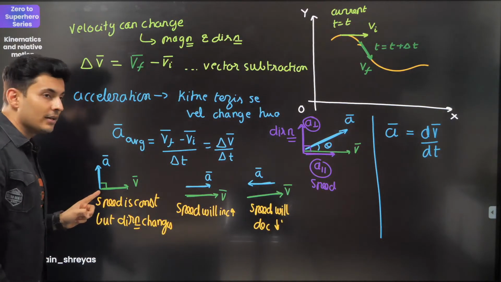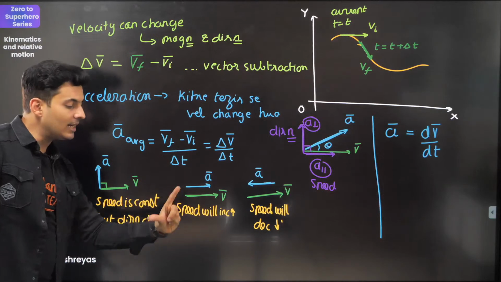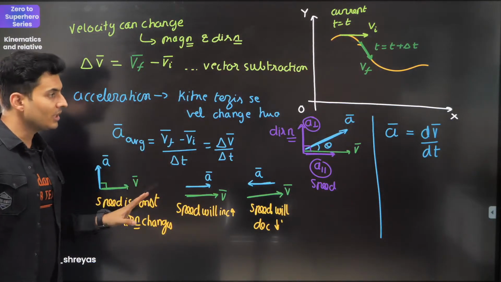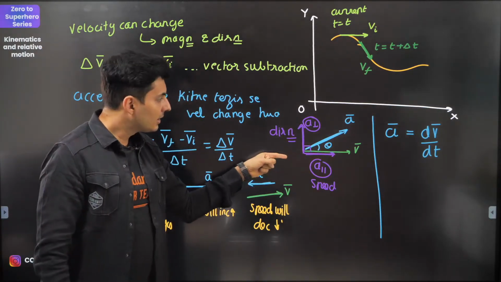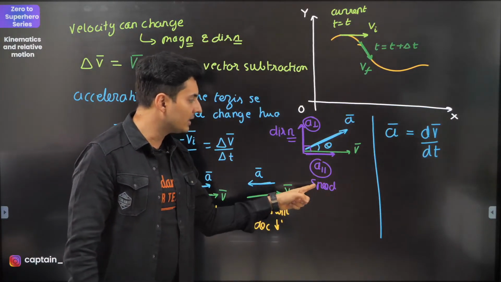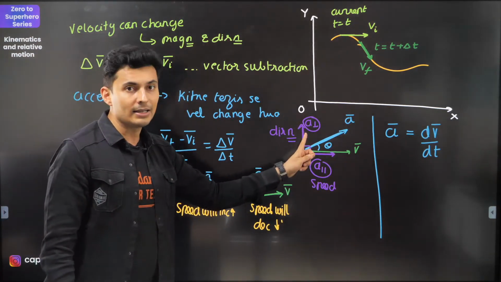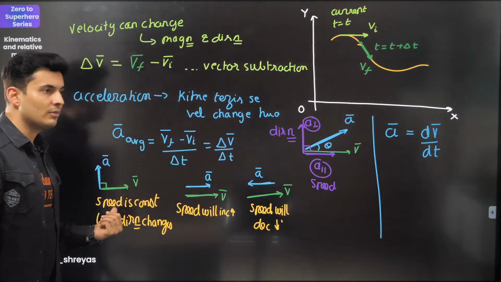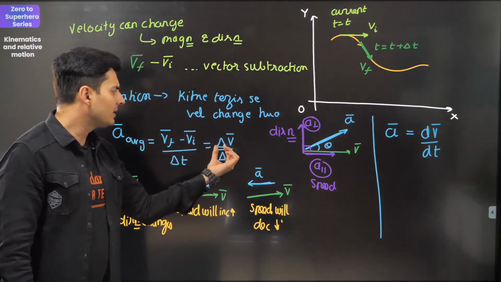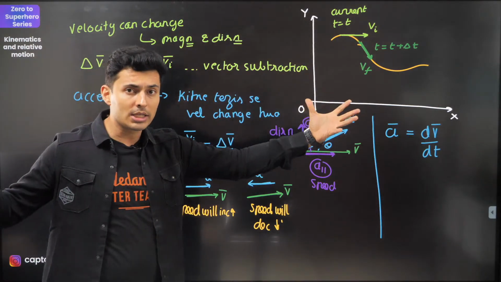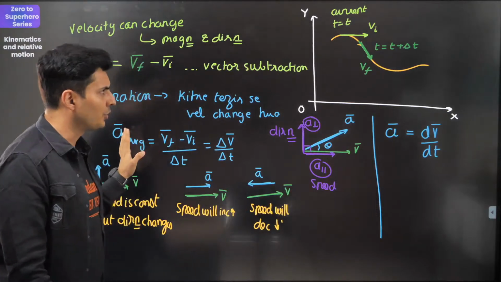If it is perpendicular, like in circular motion, the speed will not change. It's only the direction which changes. Something which you should know. So if you have acceleration and velocity, the acceleration along the velocity changes the speed like it is shown here, and the perpendicular one is responsible for the changes in the direction. Again, average will be delta v by delta t, total change in velocity by total time. Instantaneous will be dv by dt.